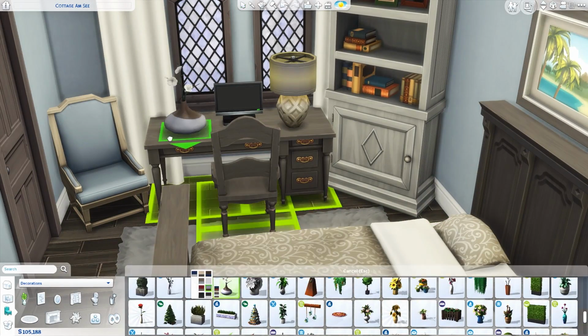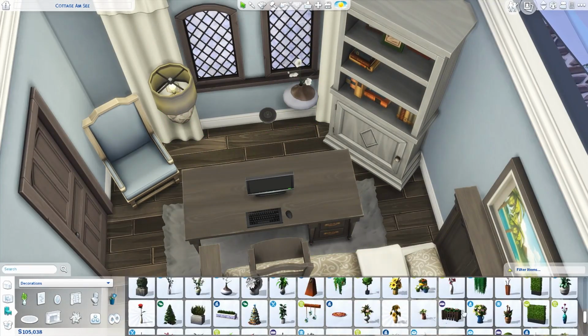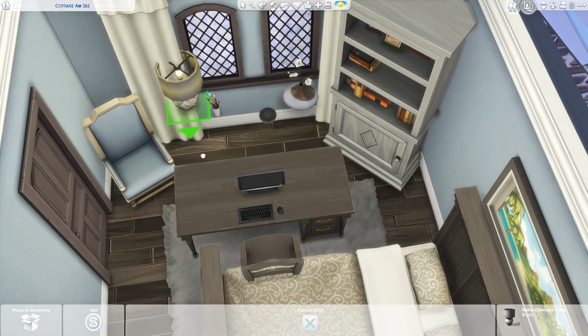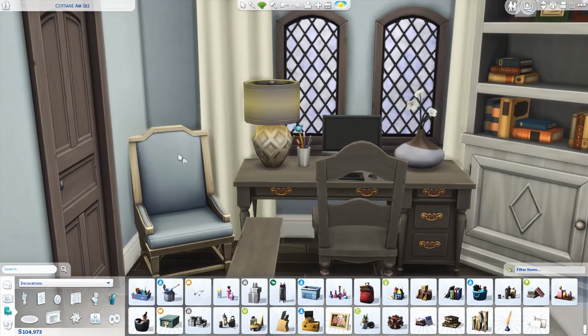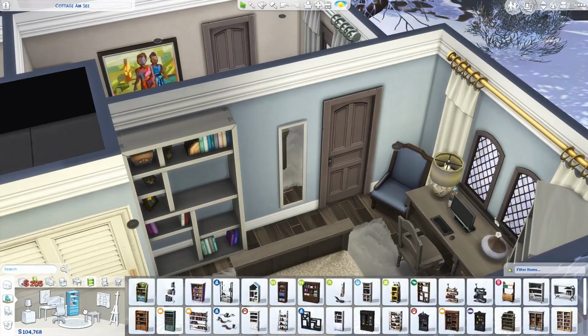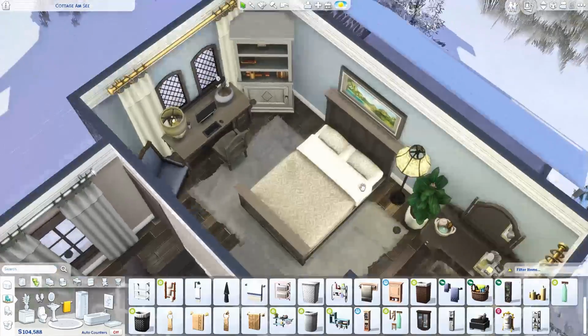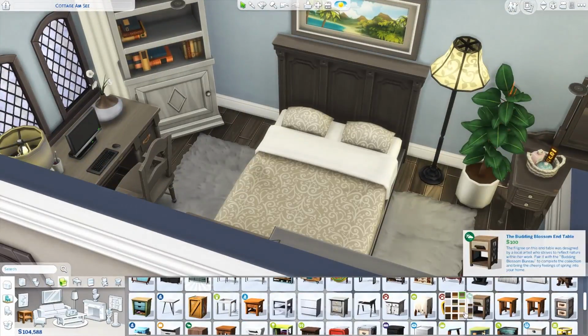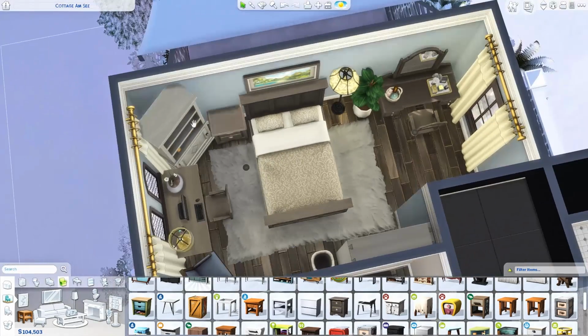So I wanted her to have some bookcases, and this one in the corner, I really liked this bookcase, but it's a little bit big. I do try to use a different one and redecorate it a little bit, but I go back to this bookcase in the corner, I just size it down. And then she has this other one over here in front of the bed too, and I thought that was nice for her to have a couple different bookcases because I imagine she has a huge collection